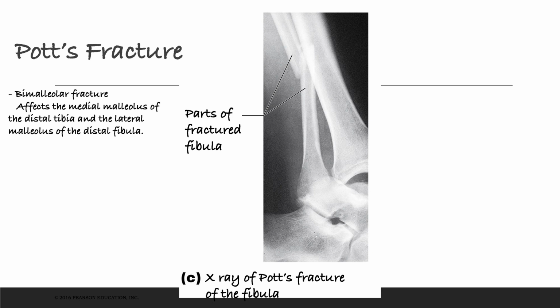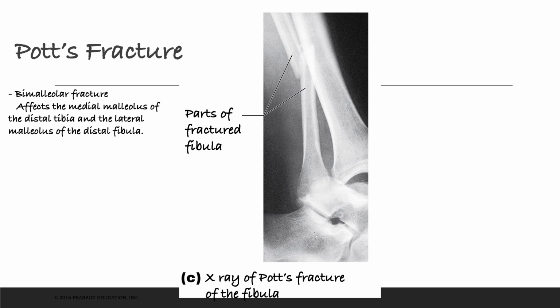And we can also call this a bimalleolar fracture, which means that it affects the medial malleolus. After this video, I'm going to be talking about the axial skeleton. So if you don't know some of the names of these bones, you can always go back and watch this video and review the names of the bones. But the medial malleolus is the part of the bone on your ankle that sticks out. That's a malleolus, and it's medial. Again, medial means toward the midline, towards the middle. If you haven't seen my video on anatomical structures, go back and look at that. So we can see this on the medial malleolus of the distal tibia and the lateral malleolus of the distal